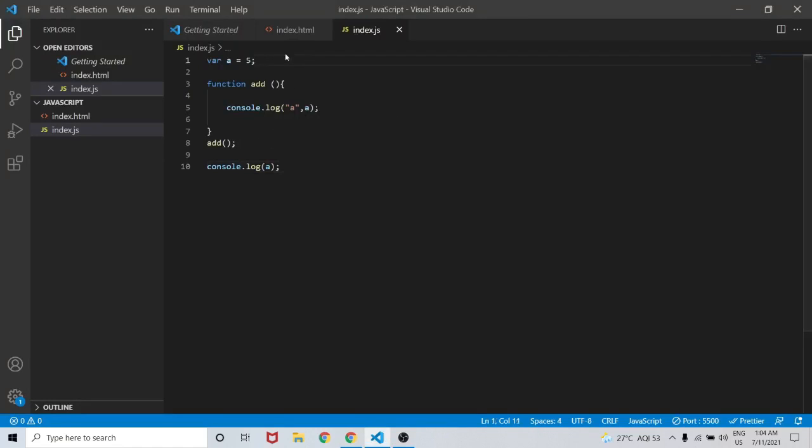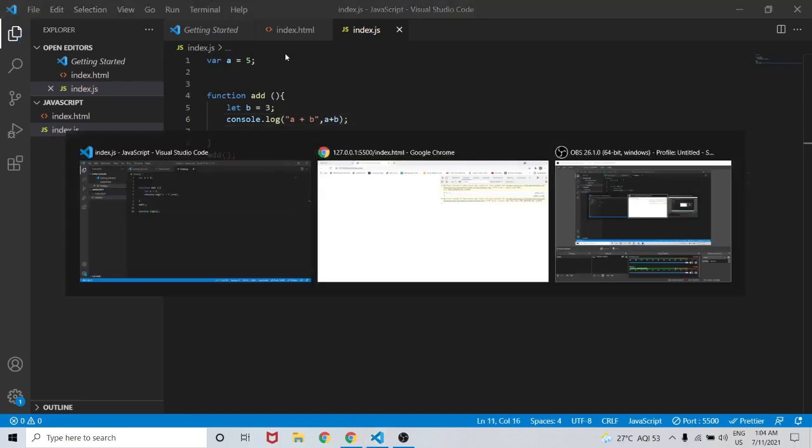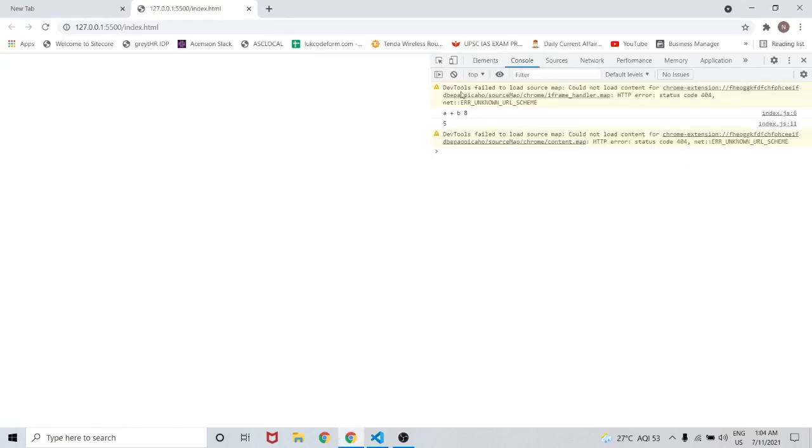Let's check how let works. So let's create a variable let b equals 3, and let's console.log a plus b, and here we will console. So on save, basically we can see that a plus b equals 8, right? Because 5 plus 3 is 8.